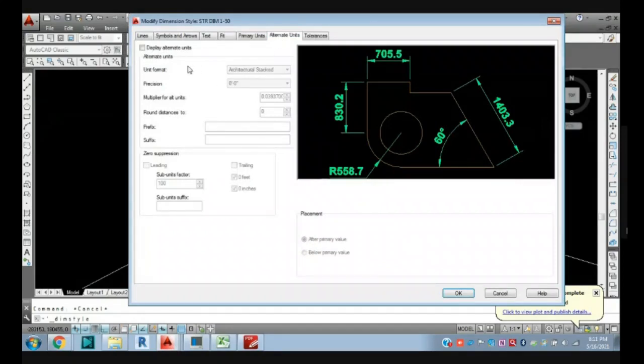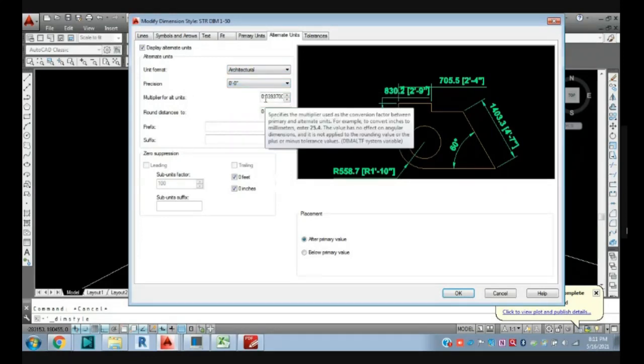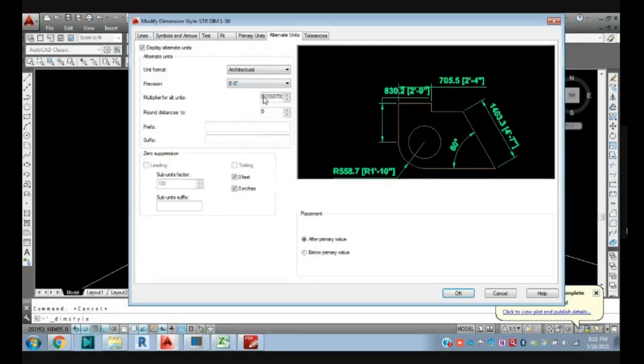If you want to cross check with the alternate units, suppose your main units are decimal and you want to give the alternate unit in feet and inches. I will set architectural precision to 0 feet 0 inches, and you need to add a multiplier here. 25.4 means 1 inch, so I calculated 1 by 25.4.